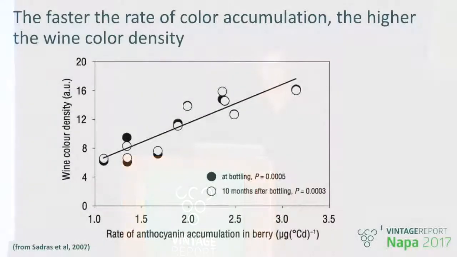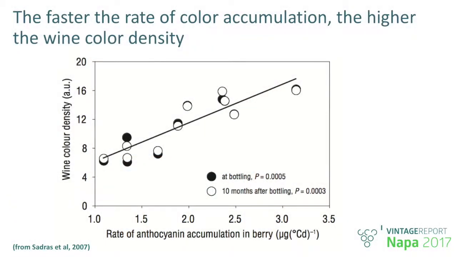So you can use sugar loading as a proxy to know that as long as sugar is actively loading, you have not reached your maximum color potential. So I think that's a first practical take-home. But the second take-home is, what about the gap between the sugar peak and the color peak? And more interestingly, how is this gap responding to heat? And that's what we're going to discuss over the next slides.